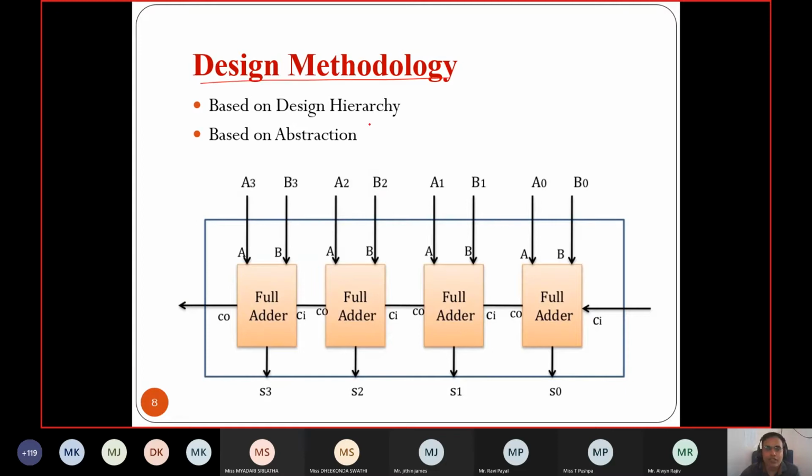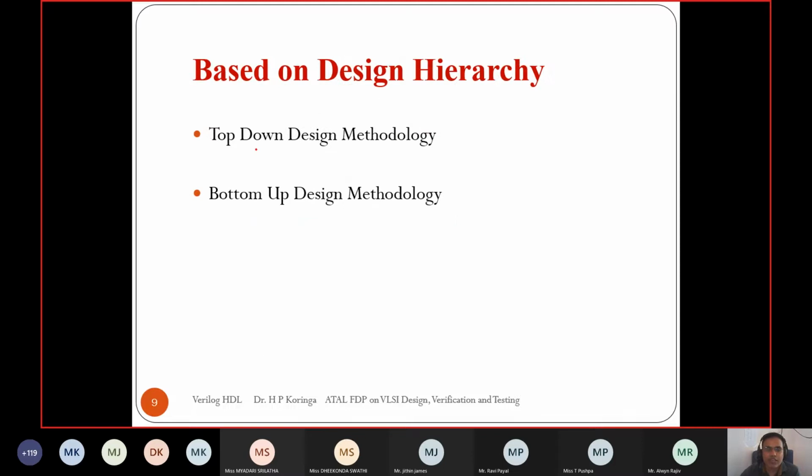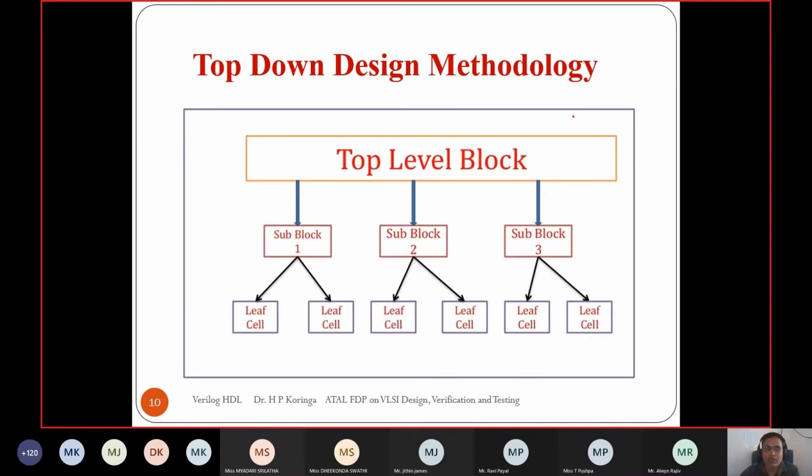If we look at design methodology, there are two types, based on design hierarchy and based on abstraction, right? Based on design hierarchy, one is the top-down design methodology, and the other is the bottom-up design methodology. As the name suggests, in top-down design methodology any system is divided into different sub-blocks, and we have to divide the sub-blocks in such a way that they have some modularity and locality, right?